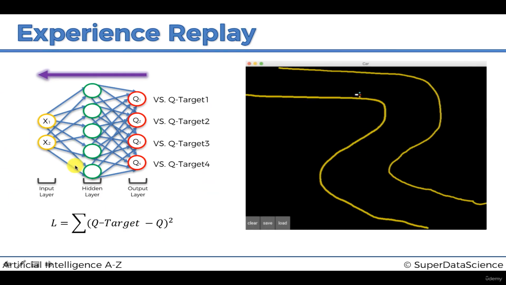And that way it breaks the pattern of that bias which comes from the sequential nature of the experiences if you were to put them through the network one after the other. So that's the main focus of experience replay. That's the problem it addresses. And another benefit of experience replay is that sometimes in an environment like this, you might have very valuable, rare experiences. So, for instance, let's look at this corner, right? This is a right corner.